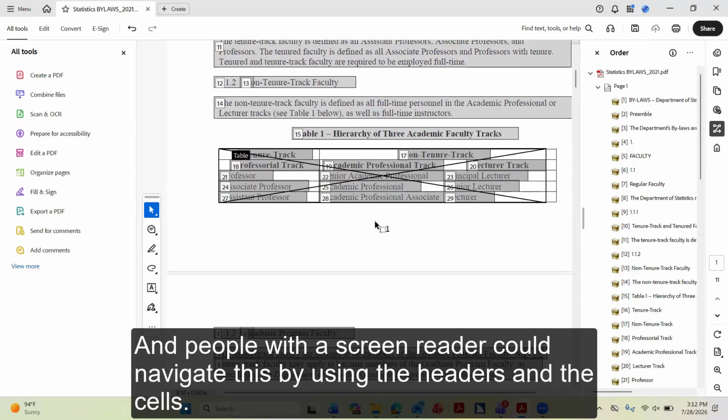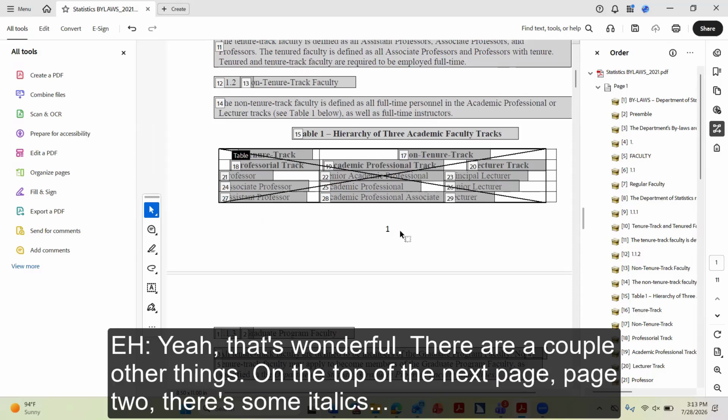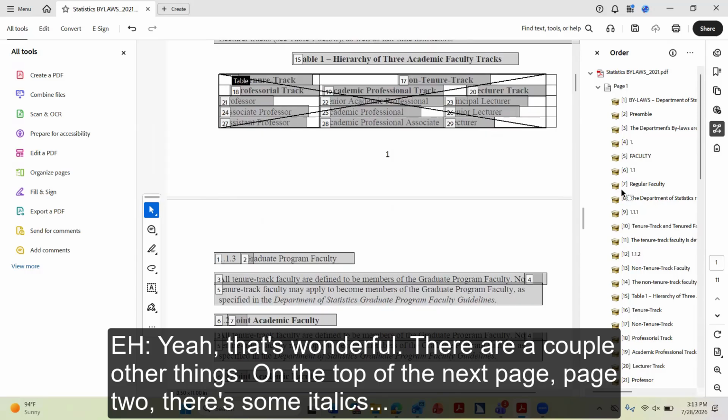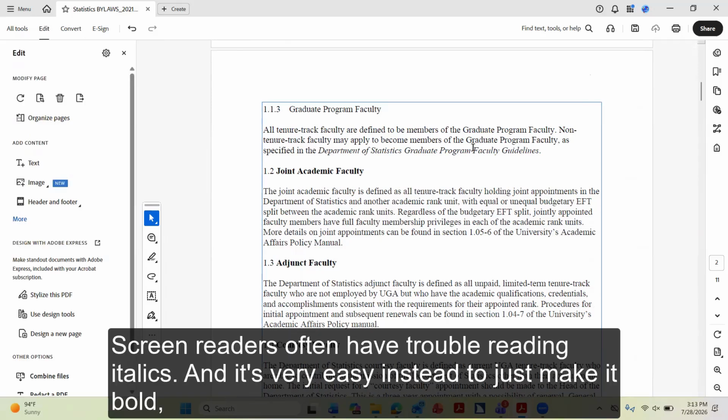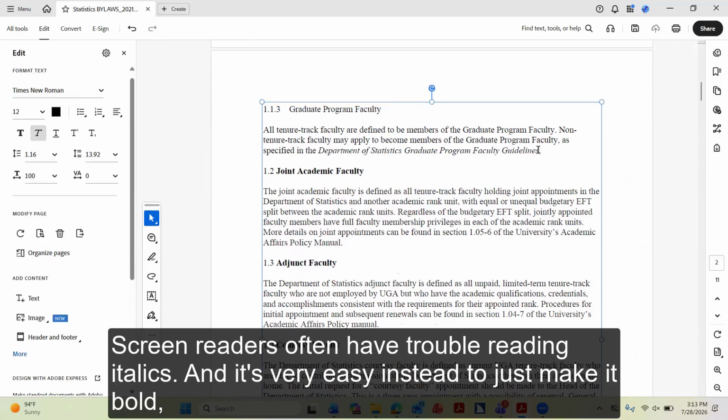Like it to be read. People with a screen reader could navigate this by using the headers and the cells. Yeah, that's wonderful. There are a couple other things on the top of the next page, page 2. There's some italics, and we'd like to change those. Screen readers often have trouble reading italics,